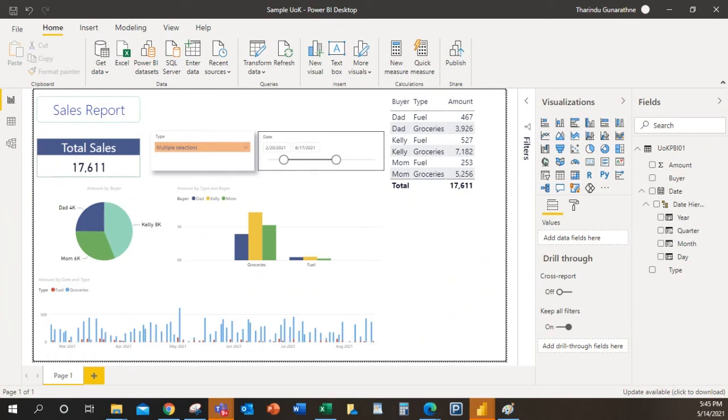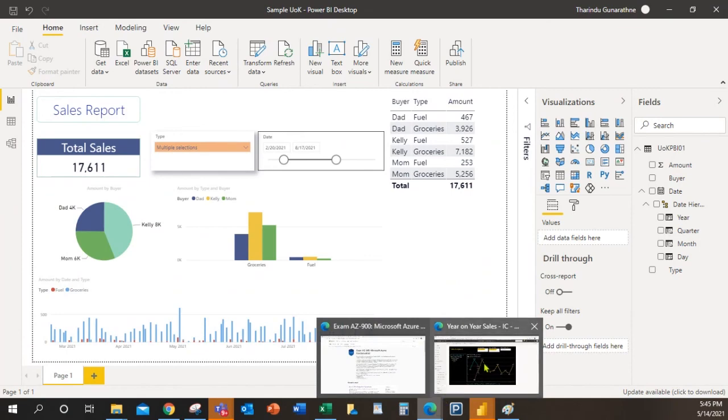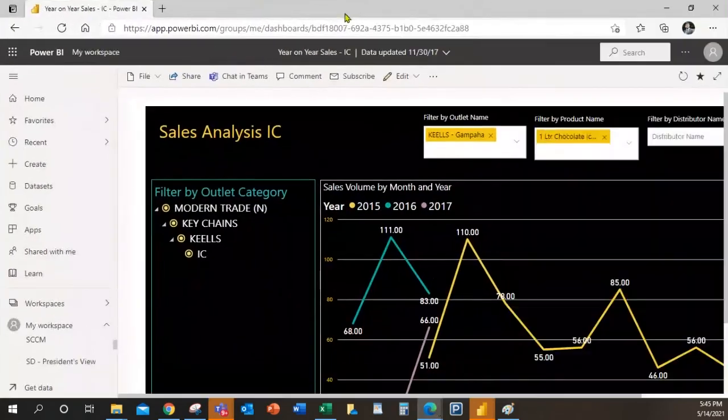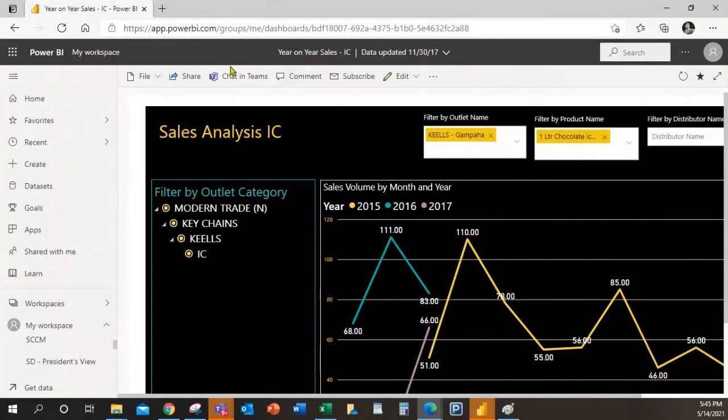My third question is, can we publish this kind of dashboard in a website? Yes, there's an option. I will show you. But for that you need to have that license. Now I'm going to share this one.